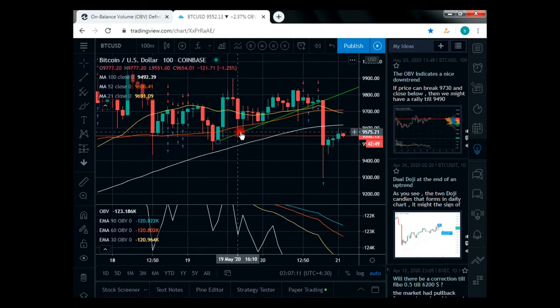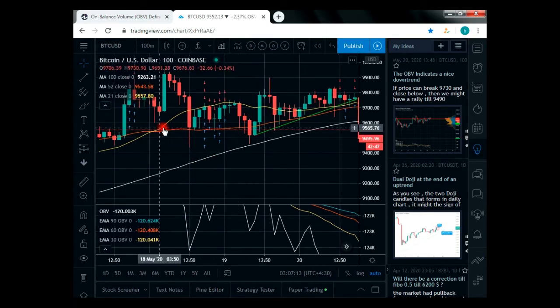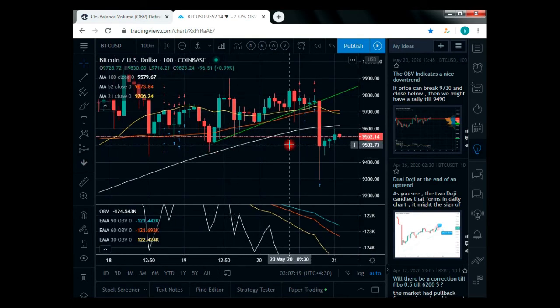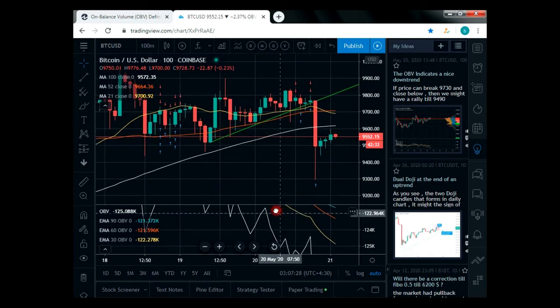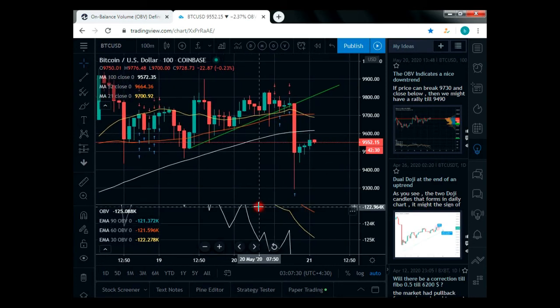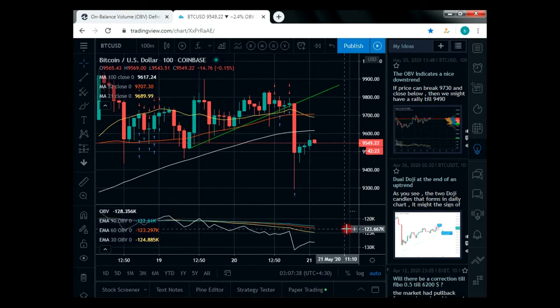As you can see, the three simple moving averages on the price are precisely showing an uptrend, but the magic of unbalanced volume is that it disagrees with the real price right now, and this might